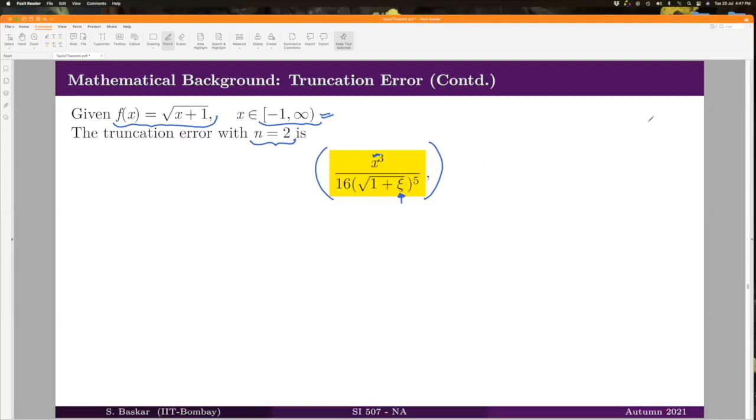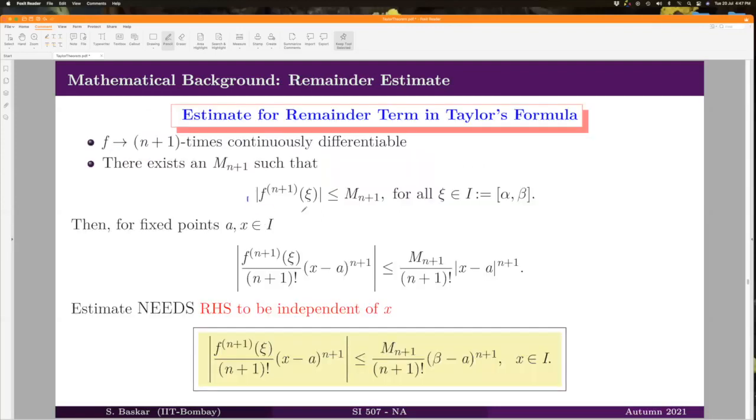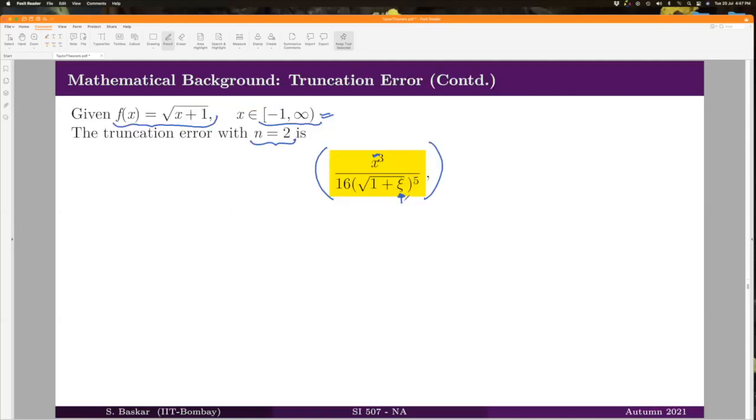Remember, we have to find a bound for this derivative by considering this function as a function of xi, right? That is why I have just taken it as xi here, and let us put xi also varying in minus 1 to infinity,